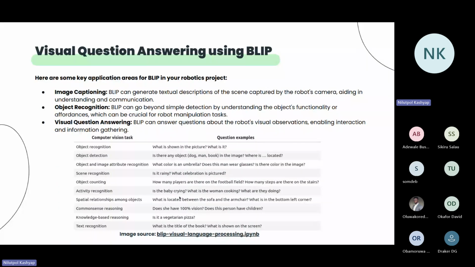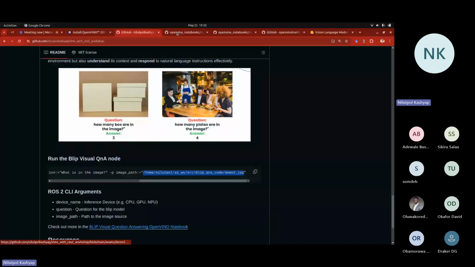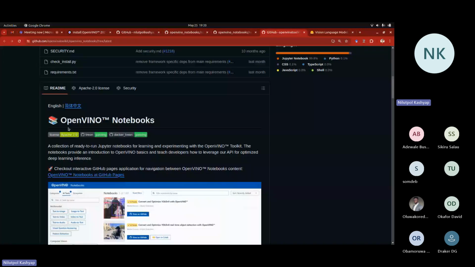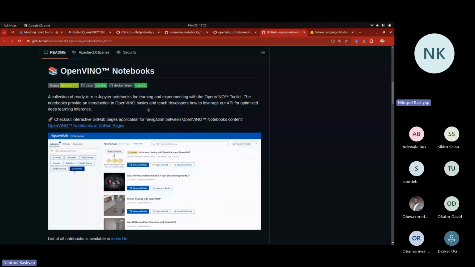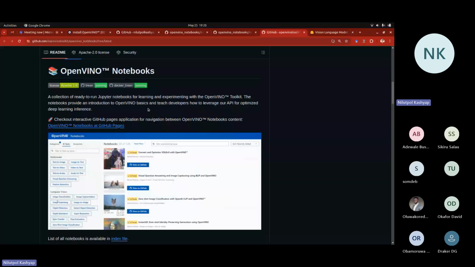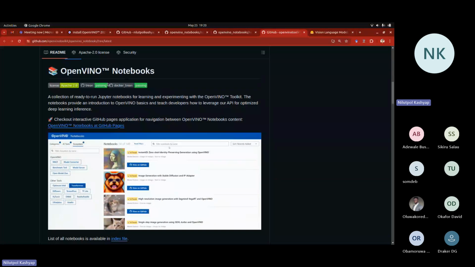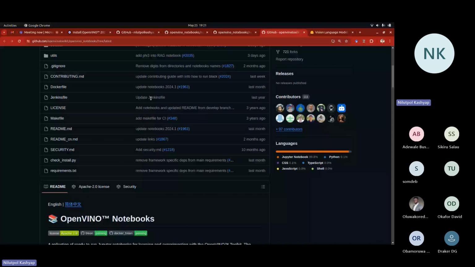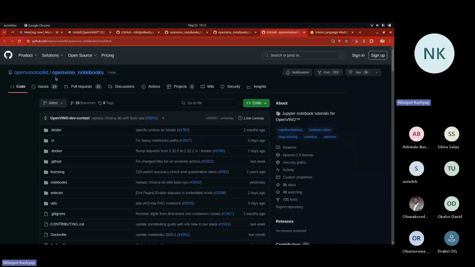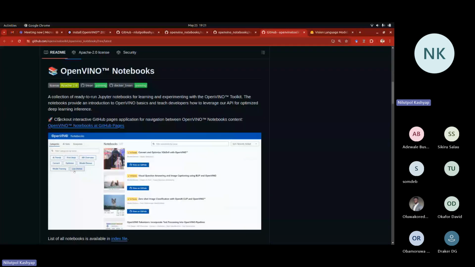So I'd say you can explore the notebook here. You can check out first these OpenVINO notebooks. If you have an Intel supported CPU, GPU, or an ARM CPU, you can definitely use it. MacBooks are based on ARM CPU, so if you have a MacBook, you can also use OpenVINO, or if you have Intel supported CPU, GPU, check out this OpenVINO notebook. If you go to this OpenVINO toolkit, OpenVINO notebooks, just click on this link,